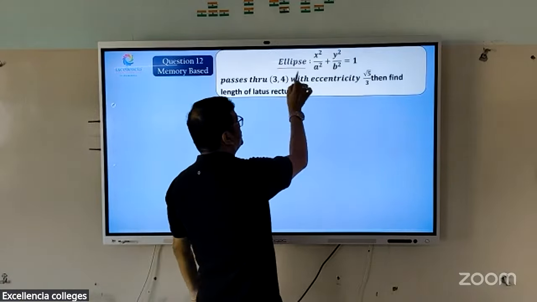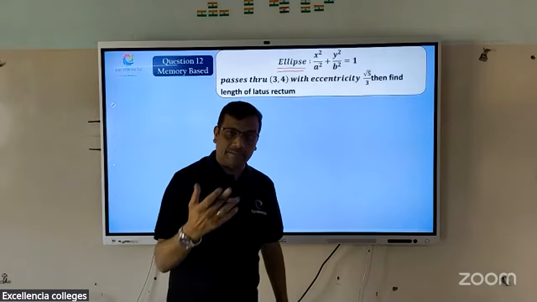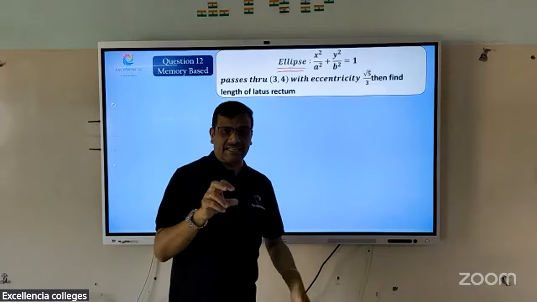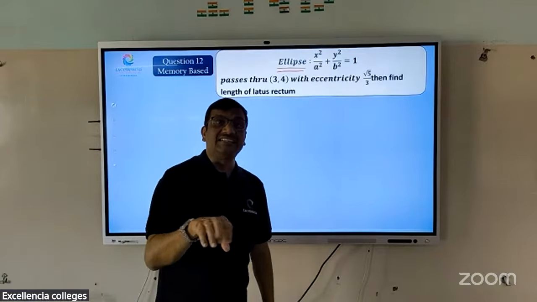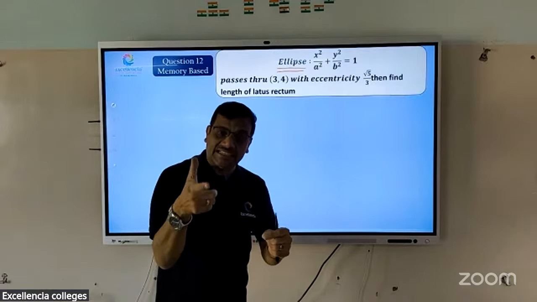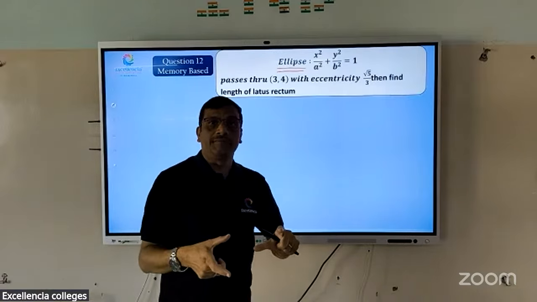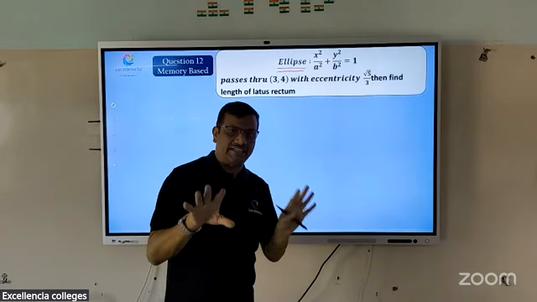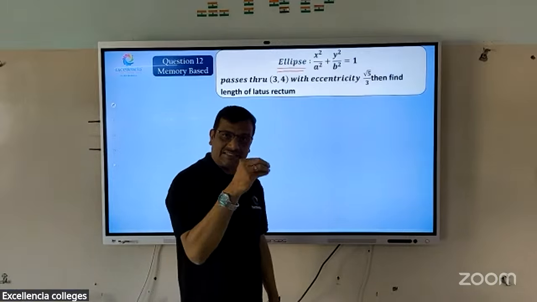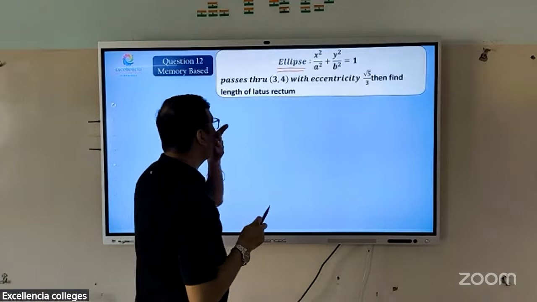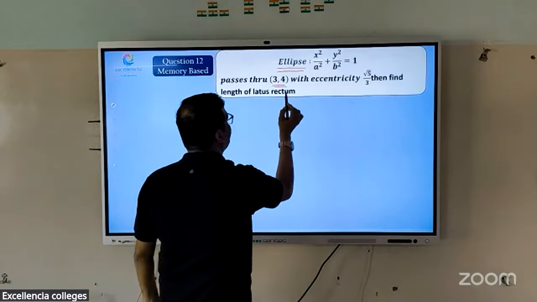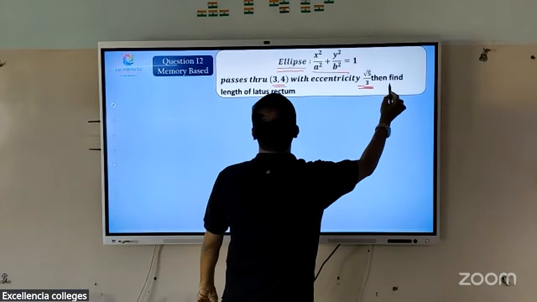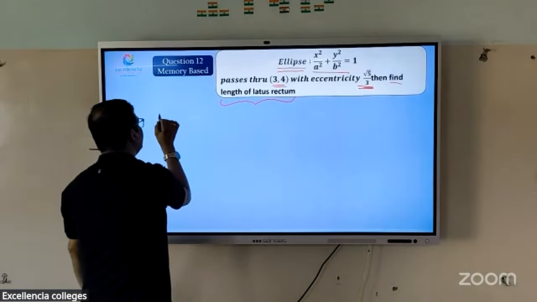In this paper, one of the questions is based on coordinate geometry. Usually it comes on ellipse, hyperbola, parabola. Some easy questions are directly based on the concept given in NCERT: eccentricity, latus rectum, focal chord, or even confocal, based on the focus formula AE and eccentricity formula, based on these only. Right?